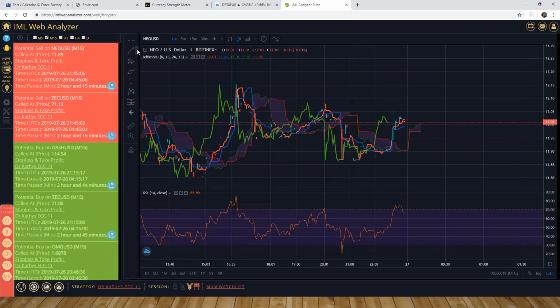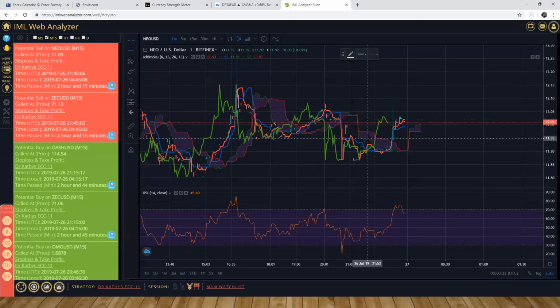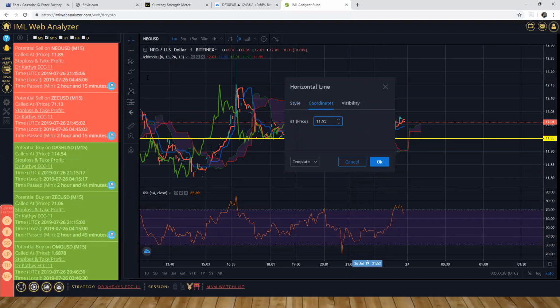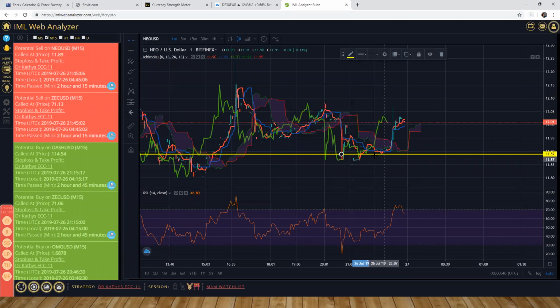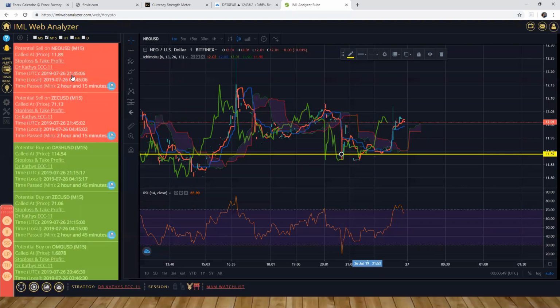So what we would do is get our trend line over here. We'll pull up the horizontal line, place it anywhere on the chart, go to coordinates, type in the entry point was 11.89. It's at 11.95. Click on that, click OK. It will drop down to where it's at, where it was called at. And then we look over here for the time, the UTC. The time was given at